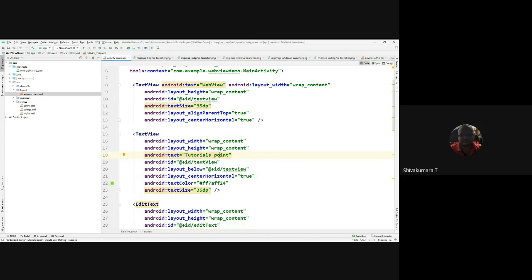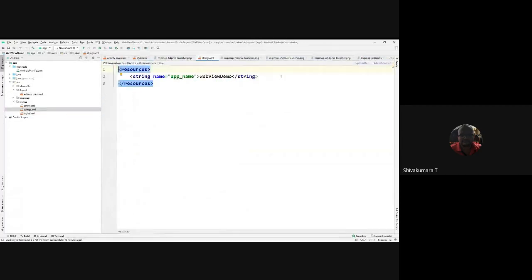you can specify a string under strings.xml. You can specify the string like string name equal to custom name. You can give a custom name, right? BMSIT.